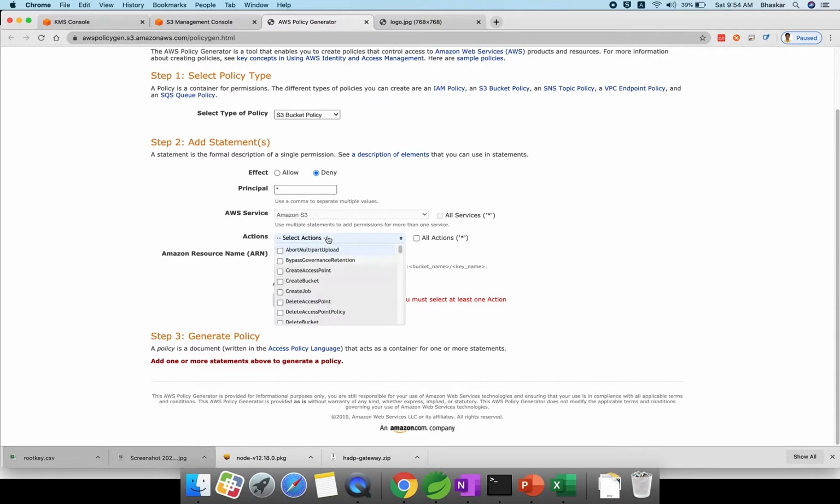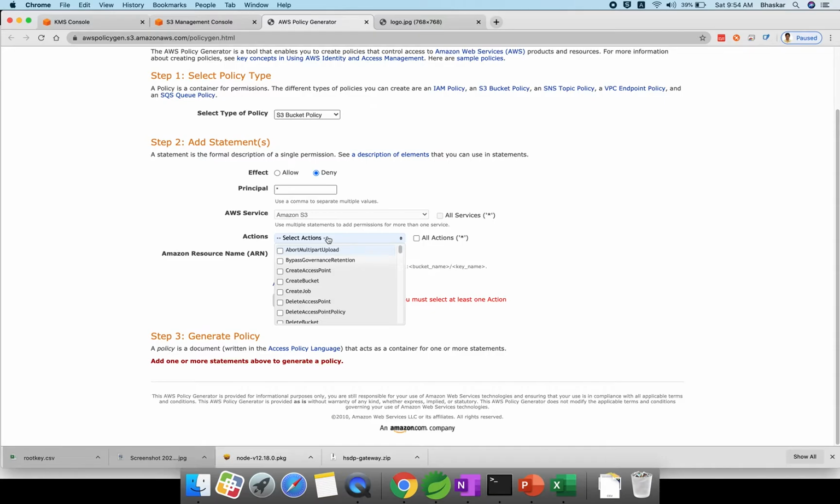Now the action: uploading data to an S3 bucket is nothing but a put object. If you know REST principles, you have some predefined REST methods: get, put, post, like that. Put is uploading data, though from the REST point of view it is updating the data. Here maybe you can update or upload both. Now, while accessing something on the server, we have some data.